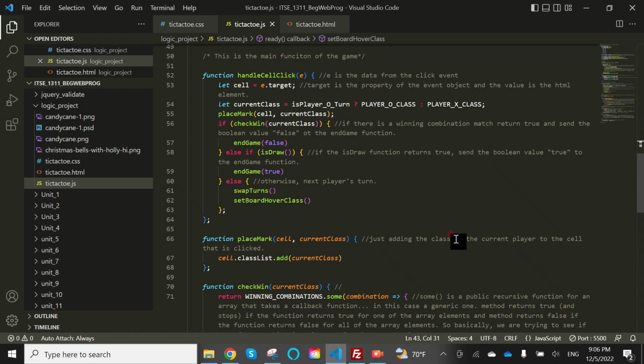it's going to have the value of e.target, and target is a fancy way of basically selecting the exact cell you're on, because it can get confusing because all the cells look the same to the browser, so that's why that's important. Anyways, and then we're saying, let's create a variable called current class. And we're going to give it a value of either